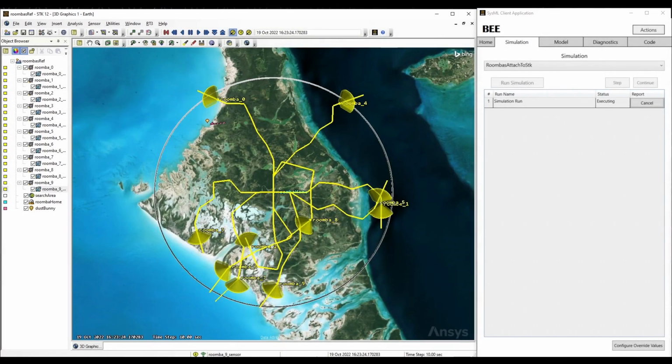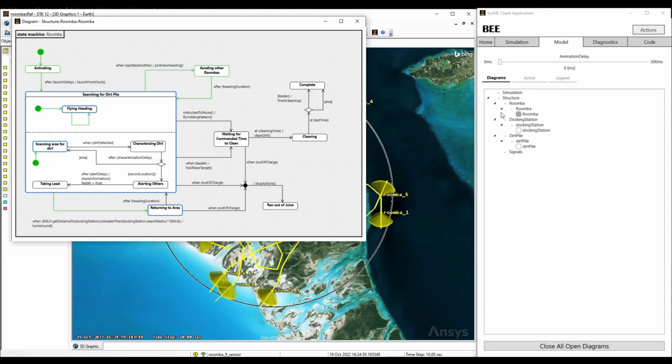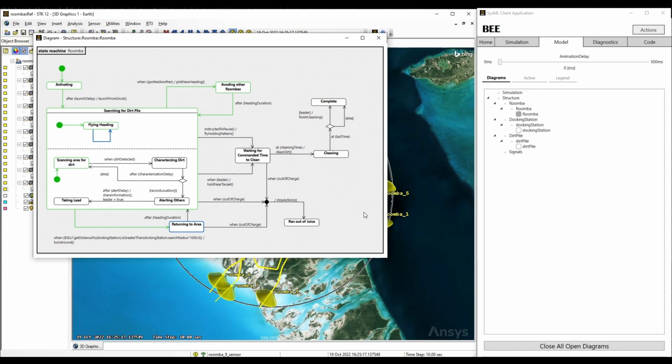Let's take a look at another example and see how we can make good use of the active page on our model tab. In this example, we have a central base station that deploys a user configurable number of autonomous search agents, or Roombas, that are going to look for an object called Dust Bunny. If I go over to my model tab and look at the diagrams page, notice that I only have one option for viewing a Roomba state machine. When I pull it open, I can see that I have multiple active states all at once in some cases. This is because this single diagram is trying to represent the state for all 10 Roombas that are currently active